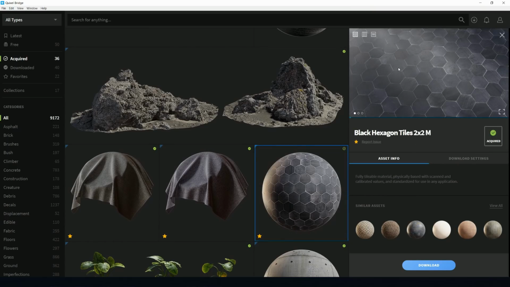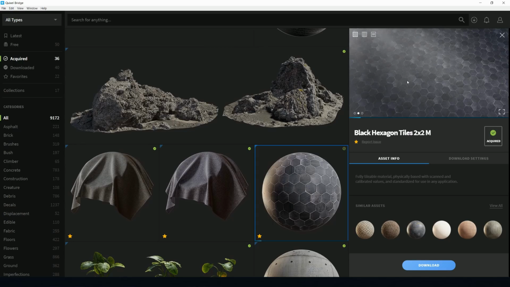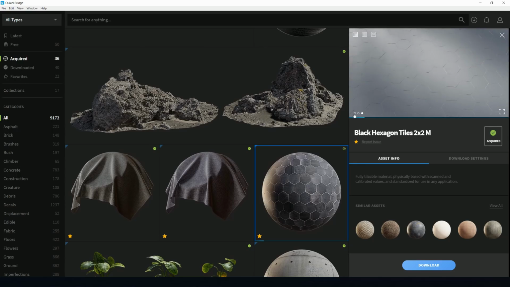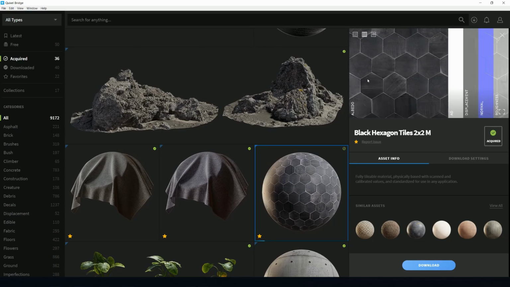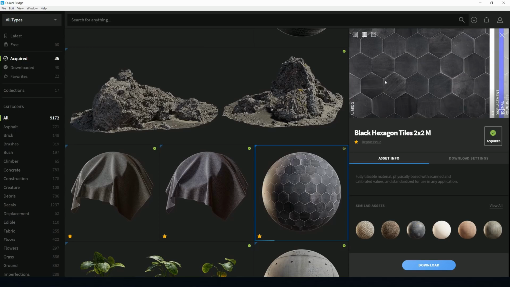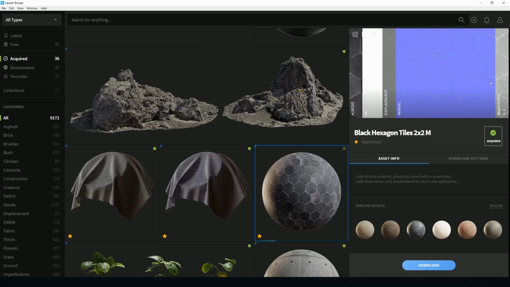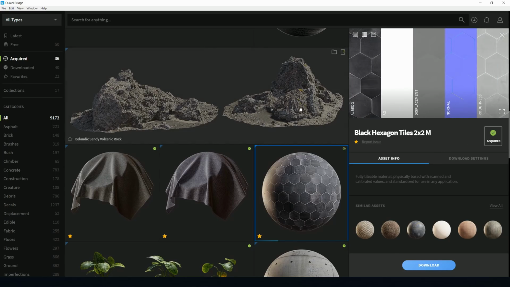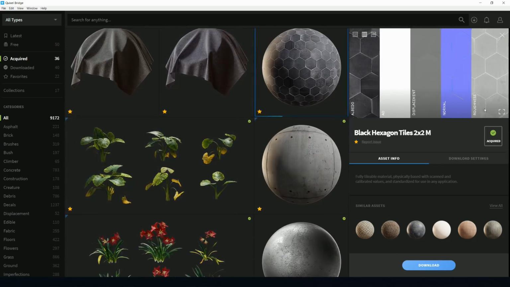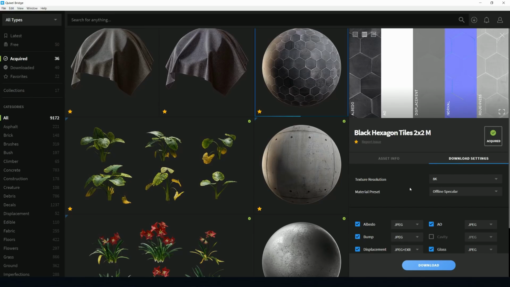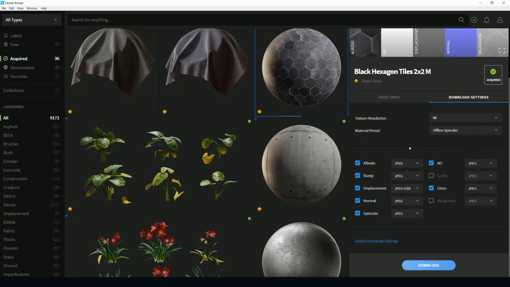Since we're now downloading these black hexagon tiles, you can see that the download process is actually automatic and happening in the background. So you can continue using the bridge as normal while your selected assets are being downloaded. The Quixel Bridge provides very nice ways of previewing the individual textures that make up a surface. So once you decide which kinds of assets and surfaces you want to download, be sure to look at the